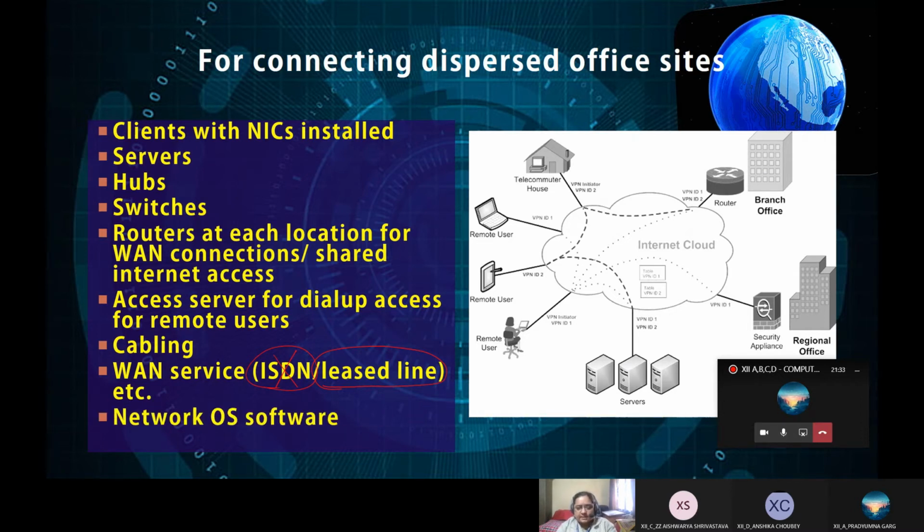Network operating system software, of course, because now the network has expanded a lot, and there are connected computers. So we would need a network operating system like Windows NT or Linux or Novell NetWare. These are operating systems designed for working in a network environment. So I think these three things are clear to you. That is, what do you need?